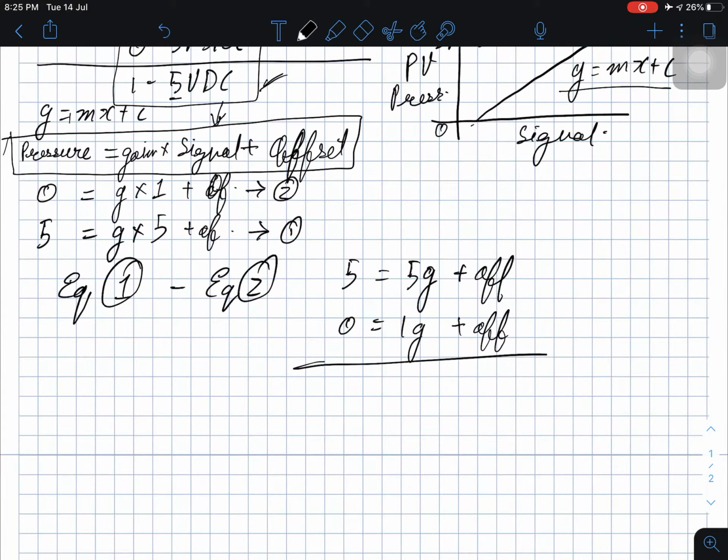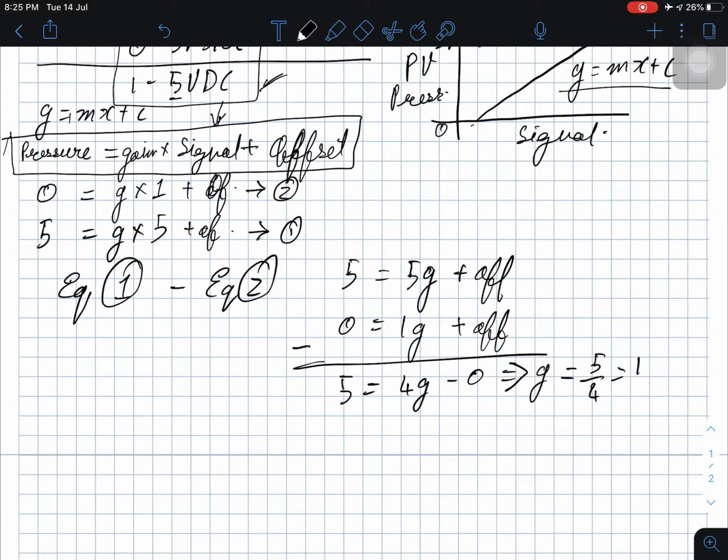So let's subtract both of these equations. It's basically solving these equations. You can solve it by any method. Now I'm going to subtract it simply. So 5 equals 4g minus 0. So from here I can find out g is equal to 5 by 4,